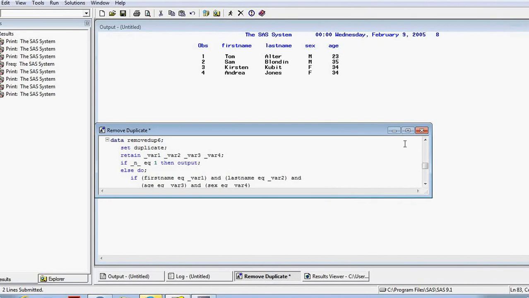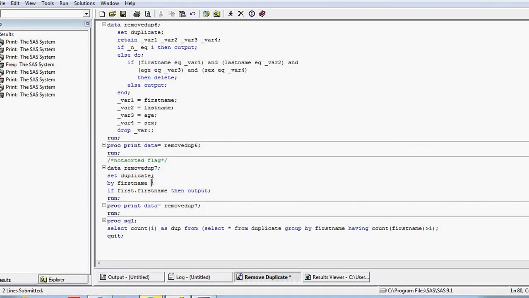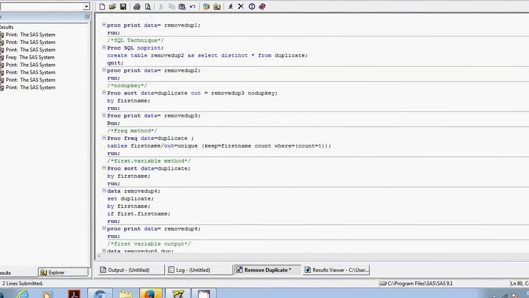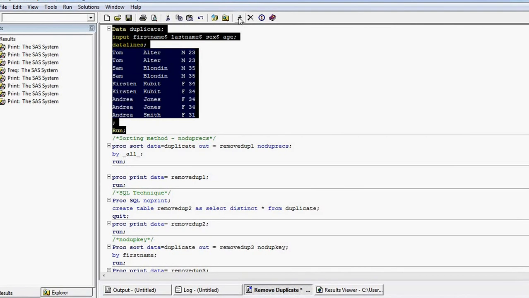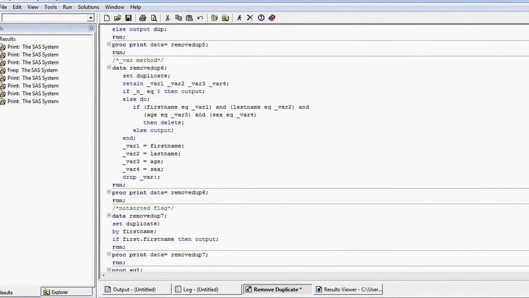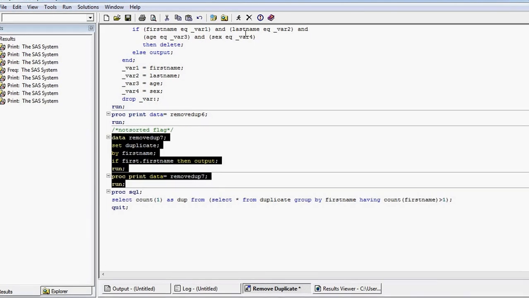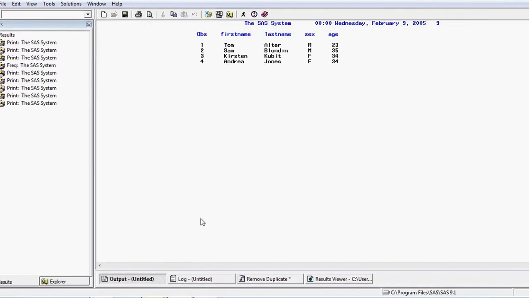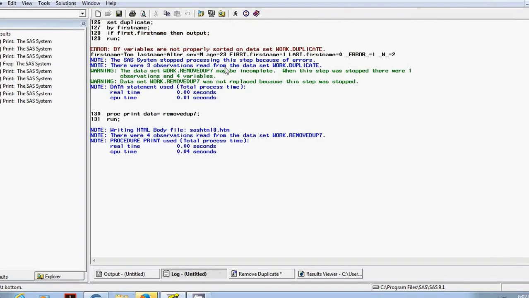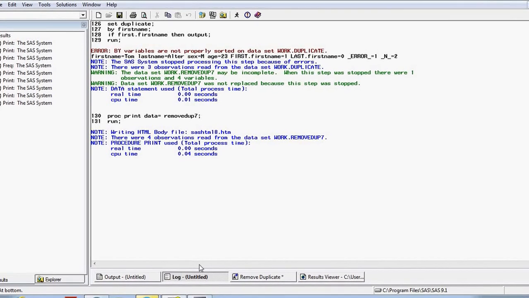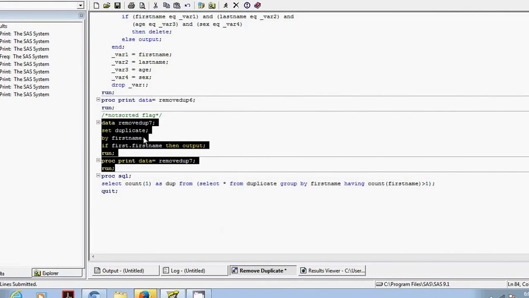Now if I remove this not sorted, because it sets a flag for the variable name, and I run this again here, oh, still it is showing, because I think the variables are not properly sorted on this dataset. So yes, we have to use this not sorted technique.